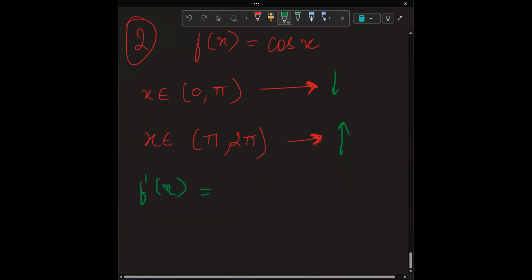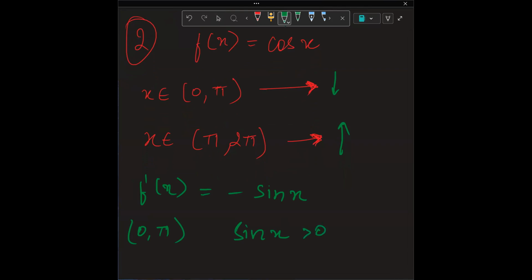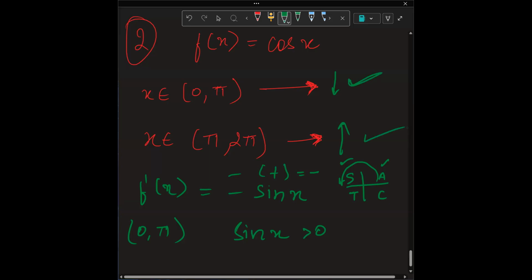से दिस इज f dash x, दैट इज माइनस ऑफ साइन x, एंड यू नो दैट 0 से पाई इंटरवल में आपका साइन x ग्रेटर देन 0 होता है। पता है आपको? 0 से पाई में आपका साइन x पॉजिटिव होता है। सो 0 से पाई तक आपका साइन पॉजिटिव होता है, दैट इज ग्रेटर देन 0। सो इफ साइन इज पॉजिटिव, तो यहाँ पे नेगेटिव है, यहाँ पॉजिटिव होगा, सो पॉजिटिव नेगेटिव इज गोइंग टू बी नेगेटिव, सो दिस इज डिक्रीजिंग। करेक्ट। एंड सिमिलरली फॉर दिस वन। ऑल राइट।